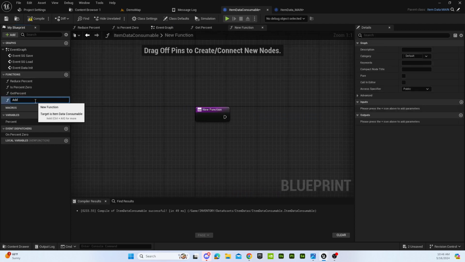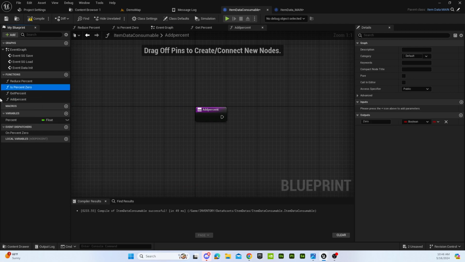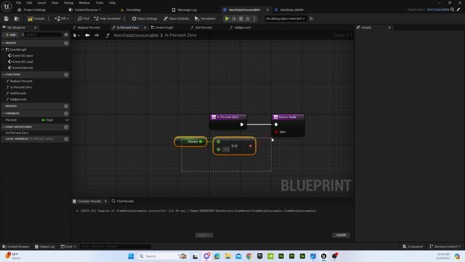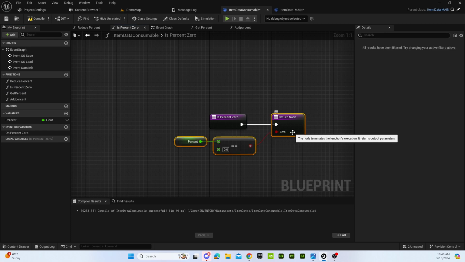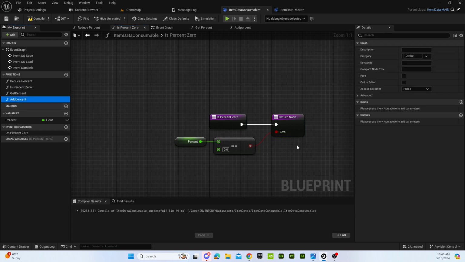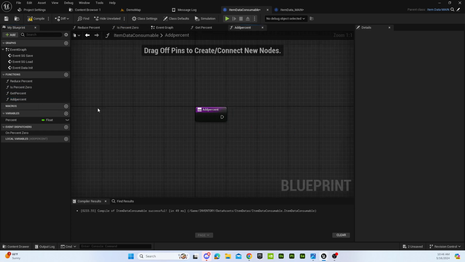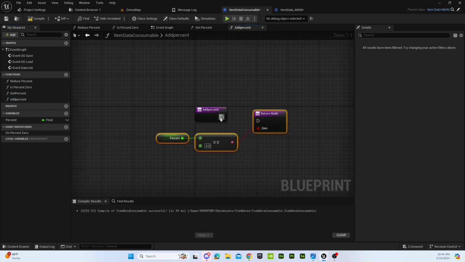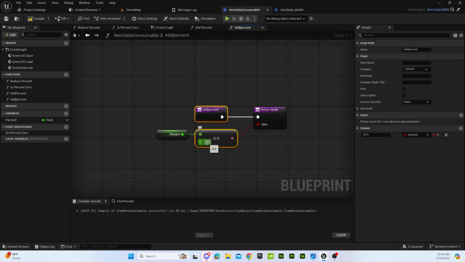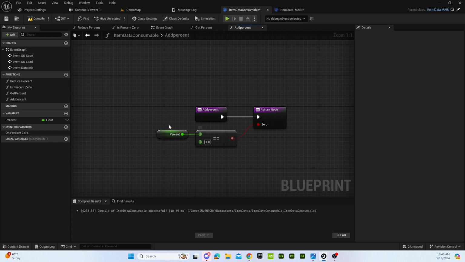So add percent, which I guess I could just copy. Since we're adding percent, we just need to make sure that it's at 1%. It's going to stop. And then